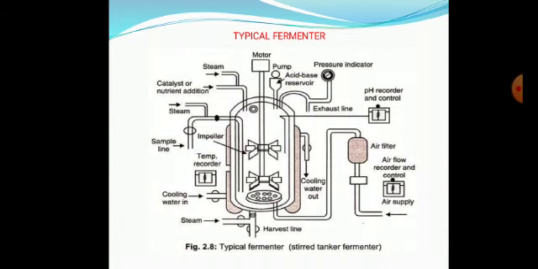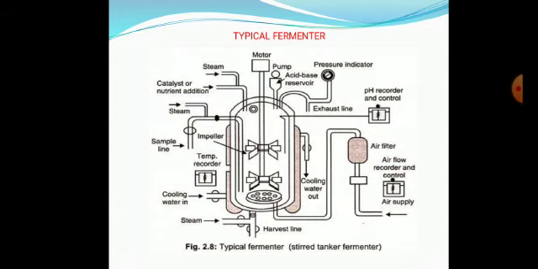A fermenter is not a single vessel. Though it is a single vessel, it will have so many connections in the form of different pipelines. Every connection is very important, and is used to monitor the fermenter. One thing you have to understand: a fermenter is a vessel wherein fermentation will happen for a stipulated time. The stipulated time may be 2 to 3 days for bacteria, or 5 to 6 days for fungi. During that time, optimum conditions have to be maintained.